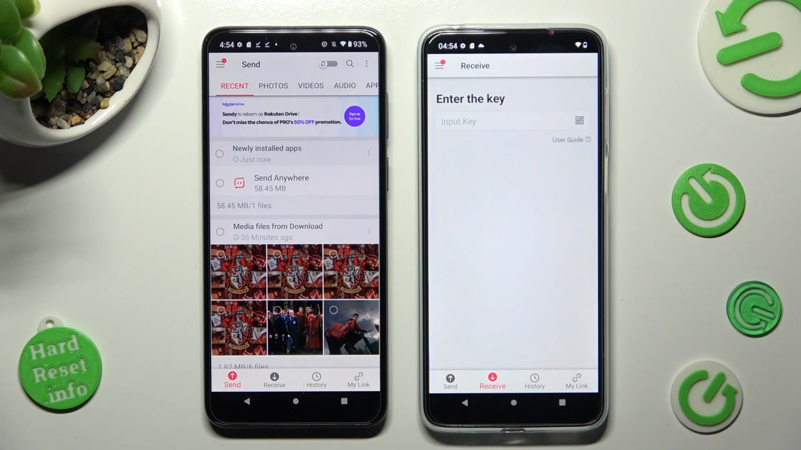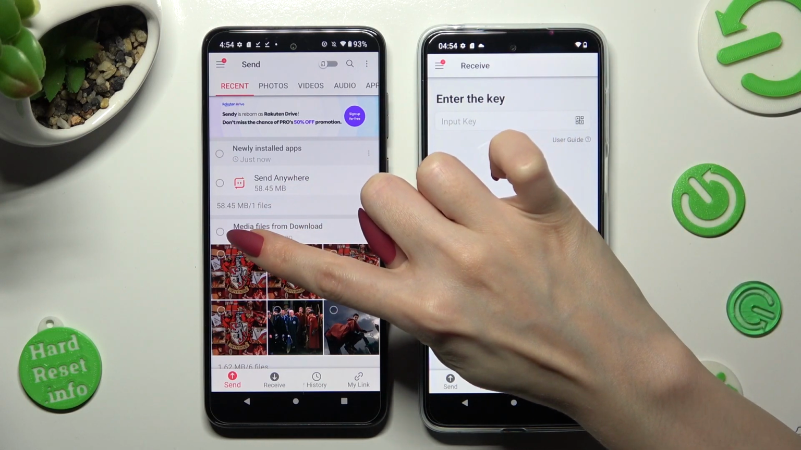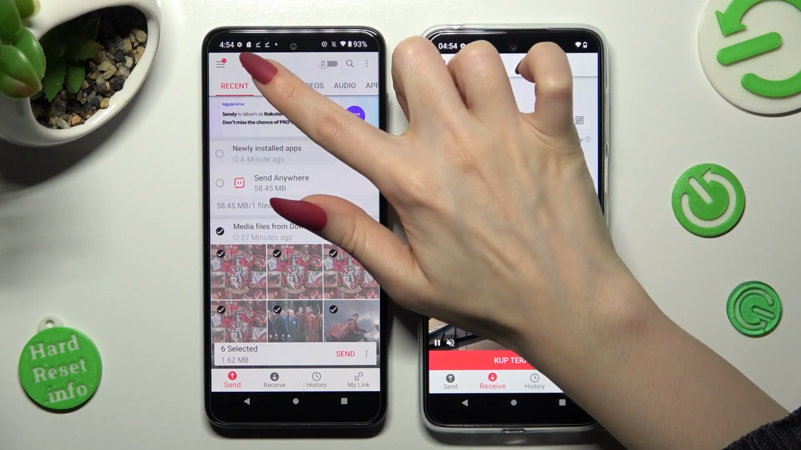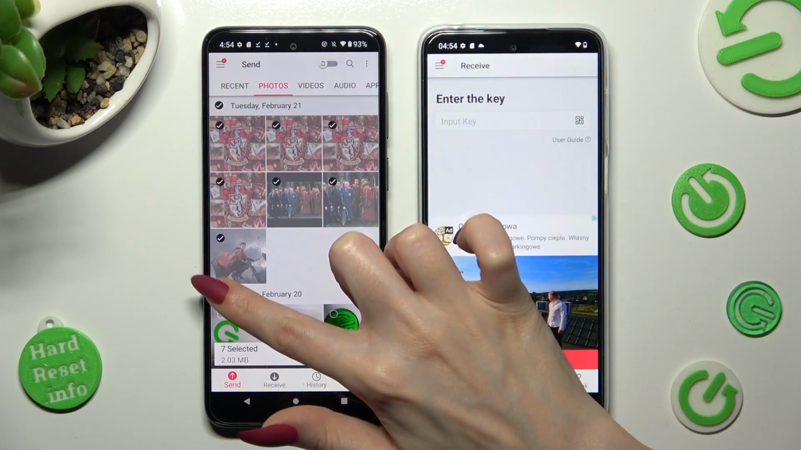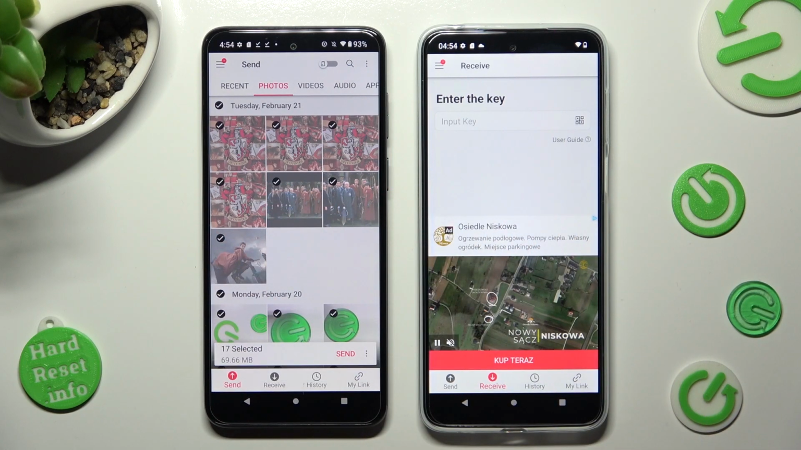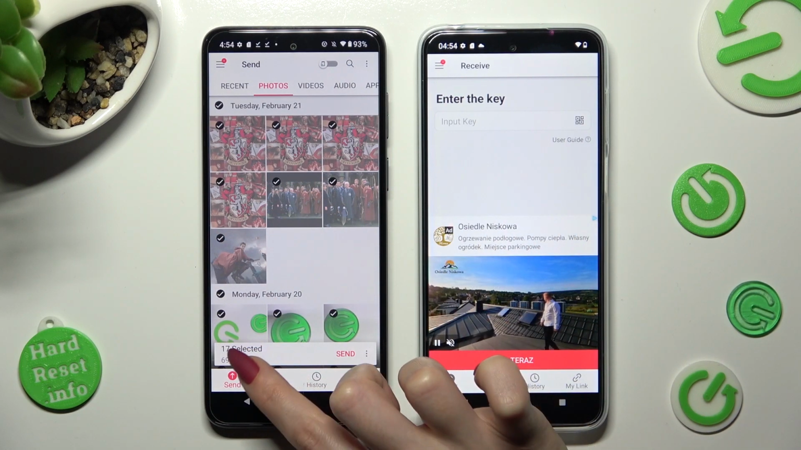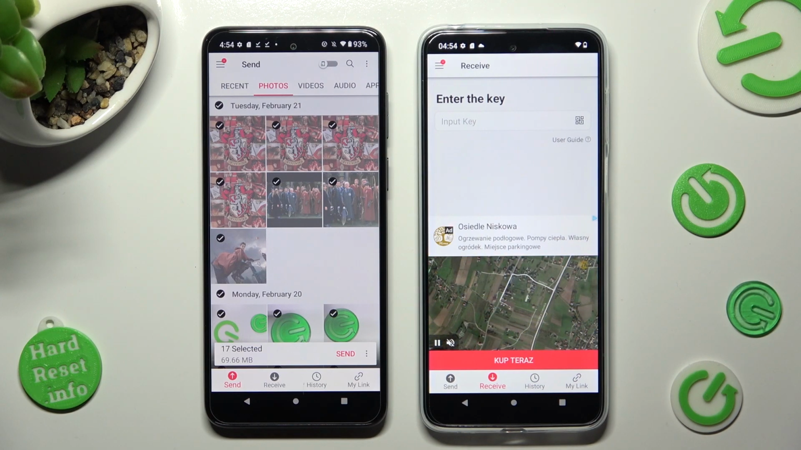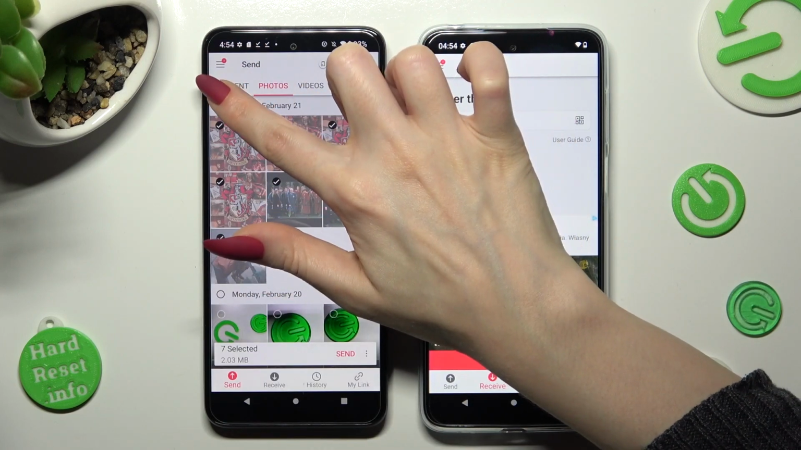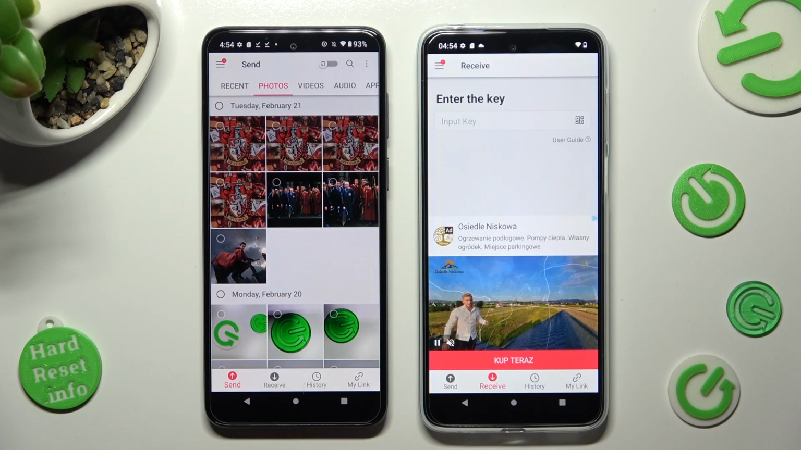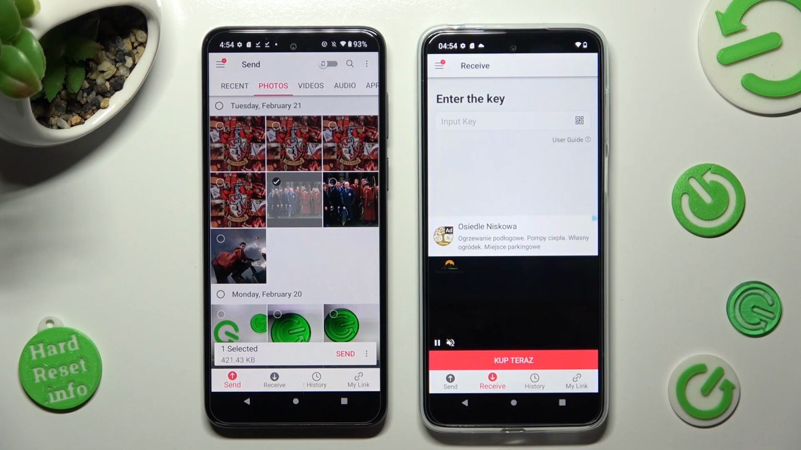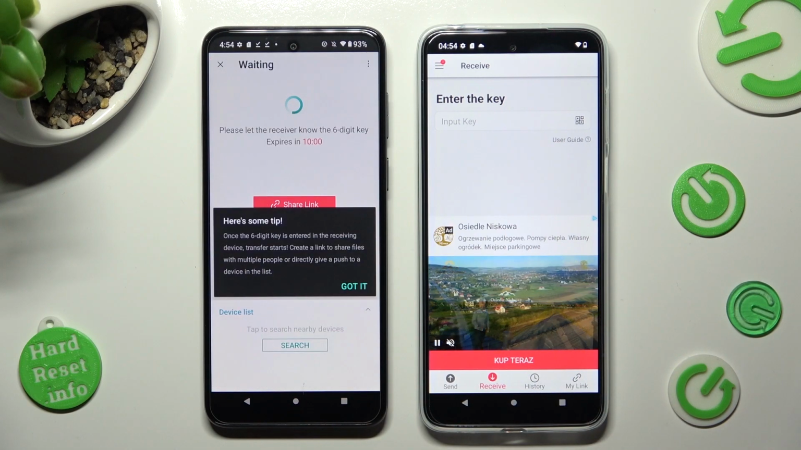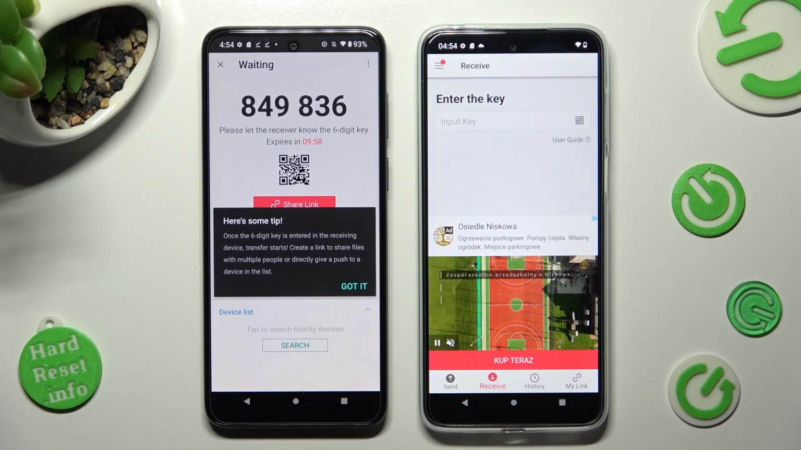Go back to Motorola and tap on all of those type of dots from all of those categories. Then tap on Send next to Selected. This way you will choose all of those files and transfer them later on. You can also just click on some of your files. I will go with that one. And click on Send as well. Finally, click on Got It in the pop-up